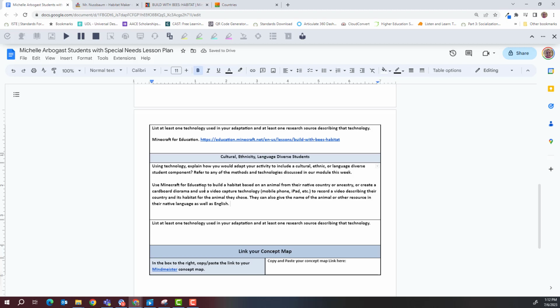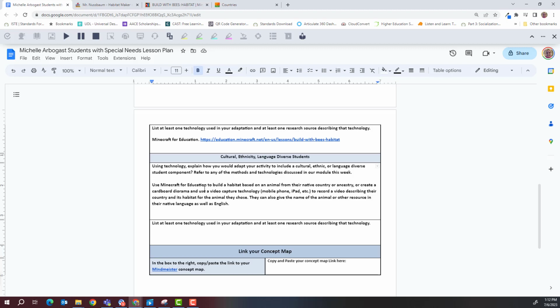So again, this really gives them the opportunity to either find something in their ancestry if they're not first gen here in the country. Maybe their parents are from a different country and they want to link their culture, their heritage to that. Maybe they would like to, let's say, give the name of the animal in Spanish or German, along